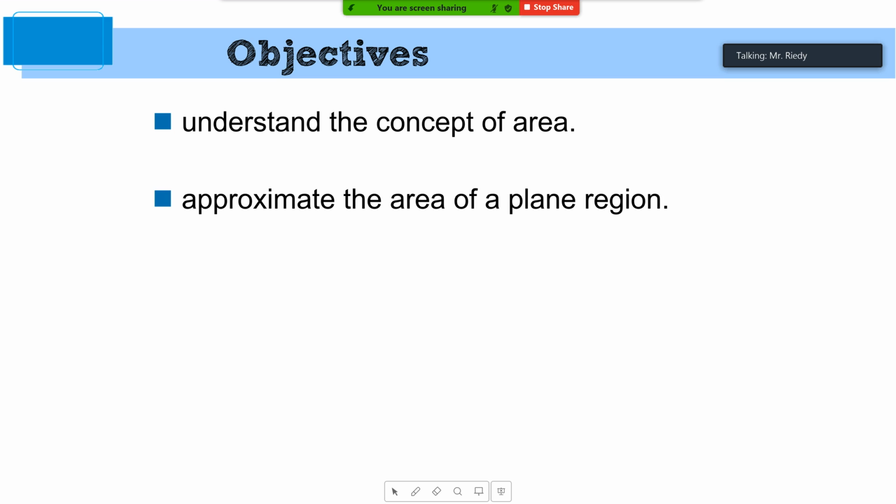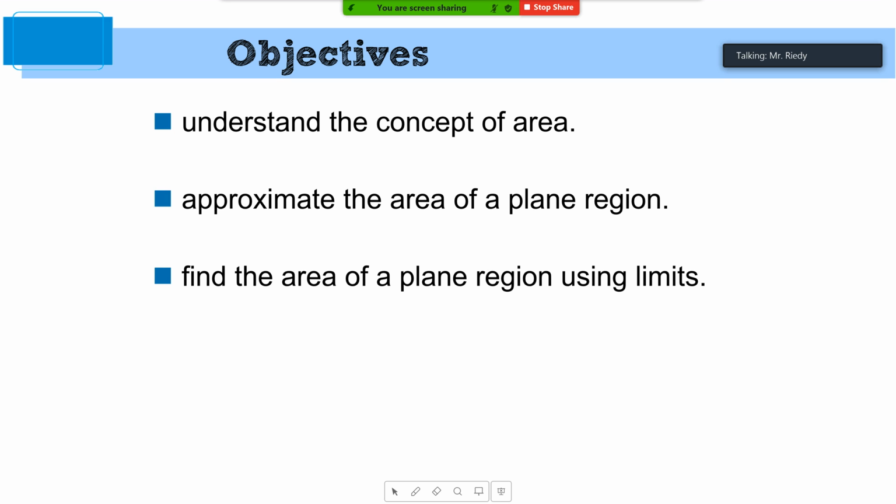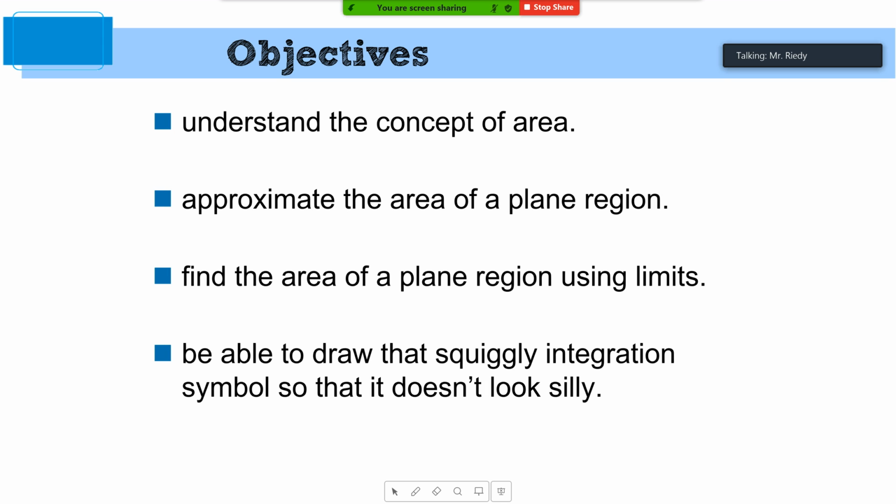We're going to find the area of some rectangles. Done. We're going to talk about limits. How can we reduce the work of finding the area of rectangles by using limits? And then, of course, if you haven't already mastered the skill, you should be able to draw that squiggly integral